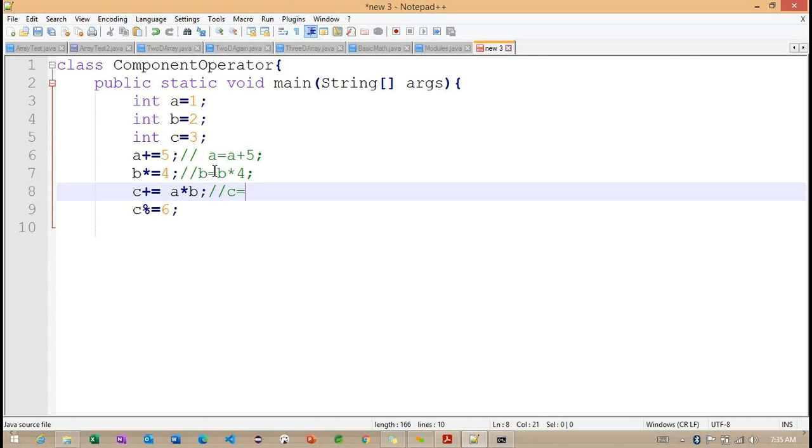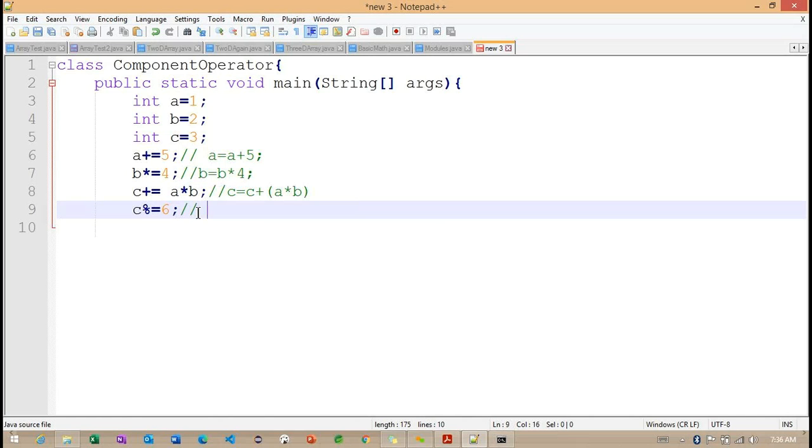And c is equals to c plus multiplication b. Getting the point. And finally, c is equals to c mod 6.